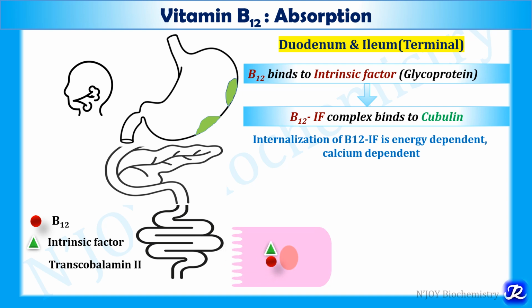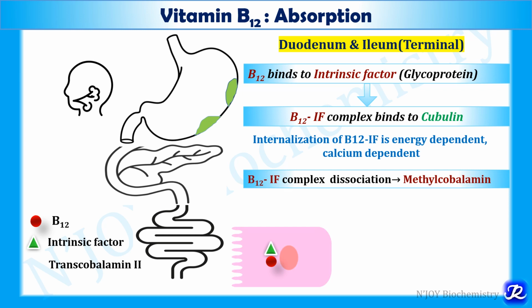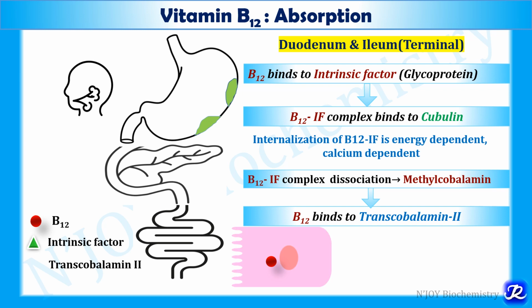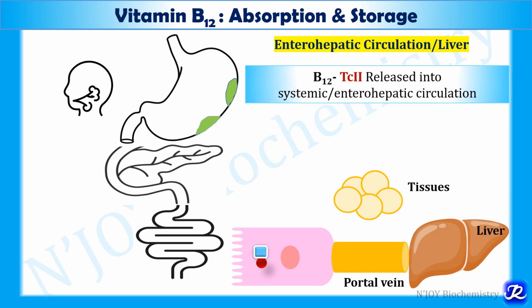So once this complex is internalized, the dissociation of the complex occurs. So this intrinsic factor is dissociated from vitamin B12. Now this free vitamin B12 is methylated to form methylcobalamin in the cytosol, and then this vitamin B12 binds to the transporter, that is transcobalamin 2. In the enterocytes, this complex of vitamin B12 and transcobalamin 2 reaches the basolateral membrane of the enterocytes, and